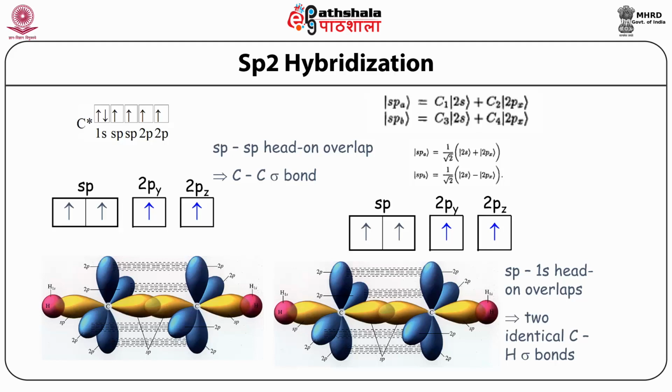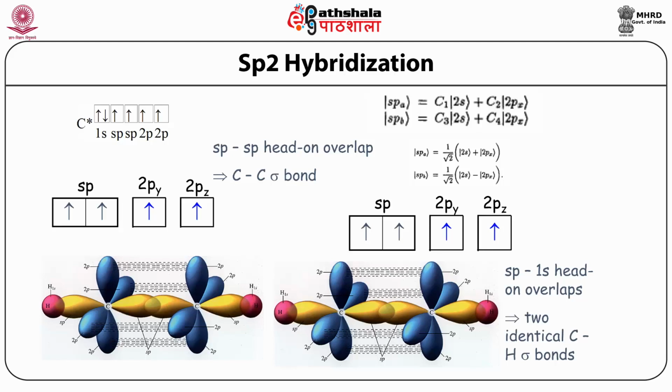From the two electron orbitals of a carbon atom, two hybridized sp orbitals, which are denoted by spa and spb, are expressed by the linear combination of 2s and 2px wave functions of the carbon atom as spa is equal to c1 2s plus c2 2px and spb is equal to c3 2s plus c4 2px, where ci are the coefficients, and using the orthonormality conditions, which are spa spb is equal to 0, spa spa equal to 1 and